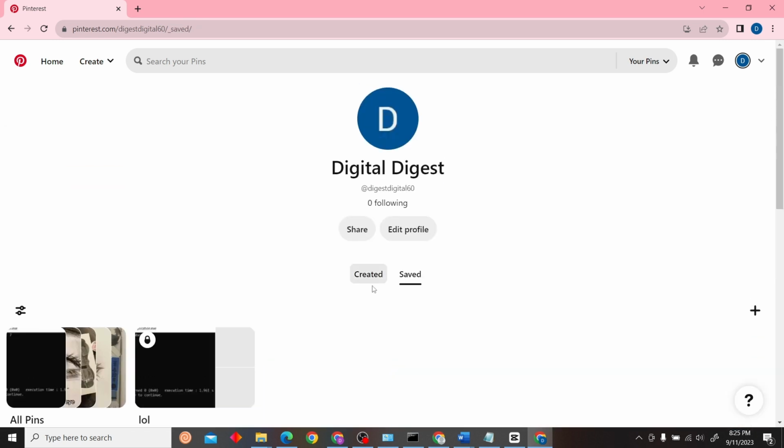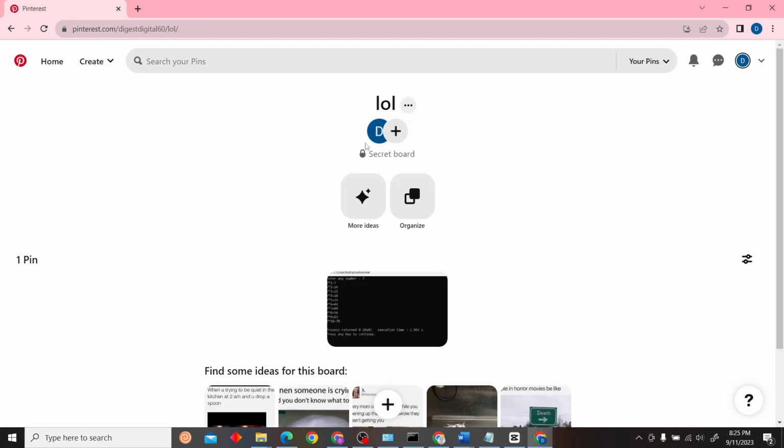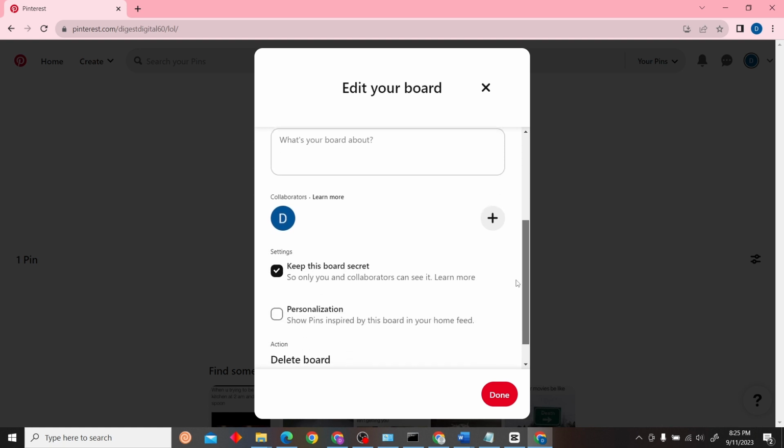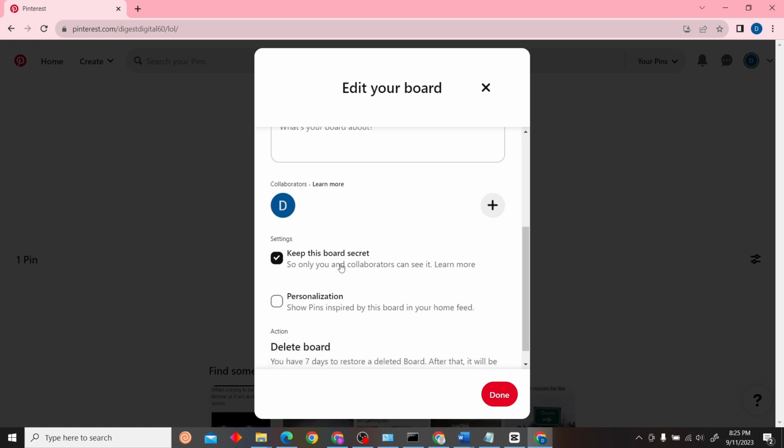So here we have this board which is a secret board. Just click here, and as you can see this secret board over here. So if you want to make this board public, all you have to do is click on these three icons. Now all you have to do is click on edit board and scroll down until you see this option for keep this board secret. All you have to do is untick this and then click on show pins